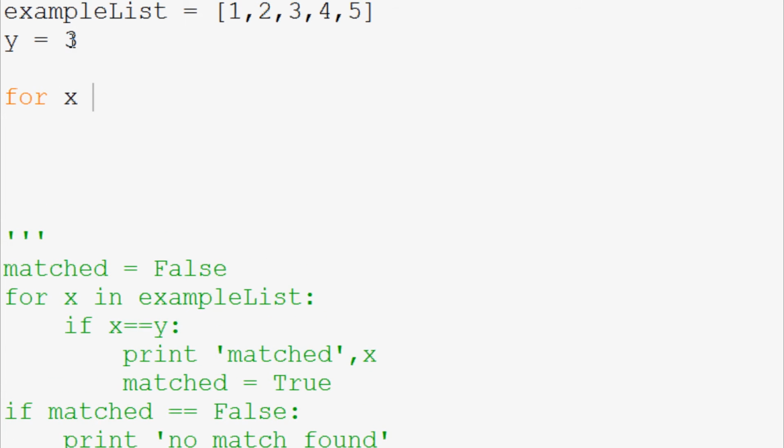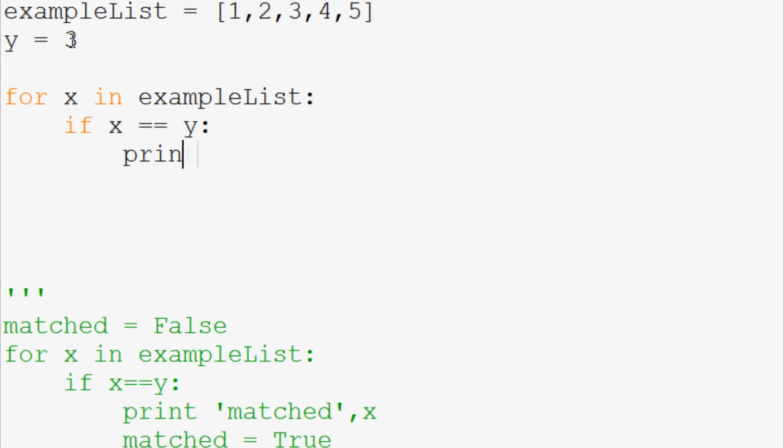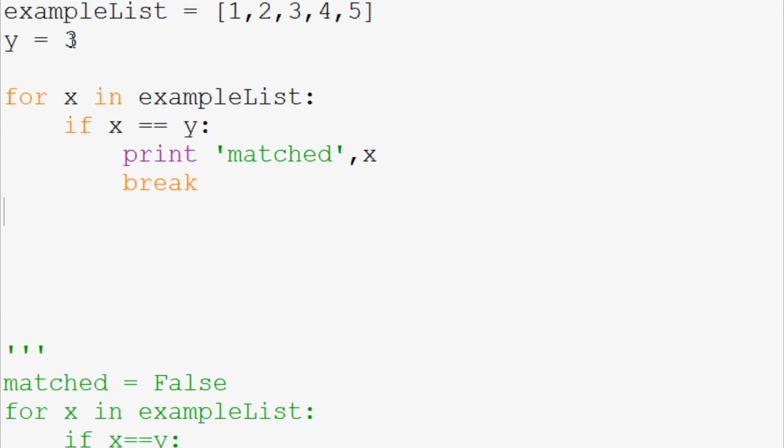We're going to say for x in example_list, if x equals y, print the same thing as before, matched, and then what was matched. And then we have to throw in a break. Let me get through this and I'll explain why we must have that break there. So then we add an else, print